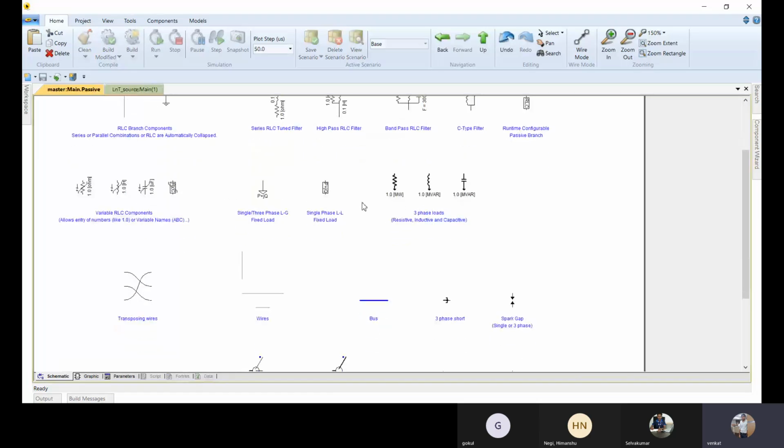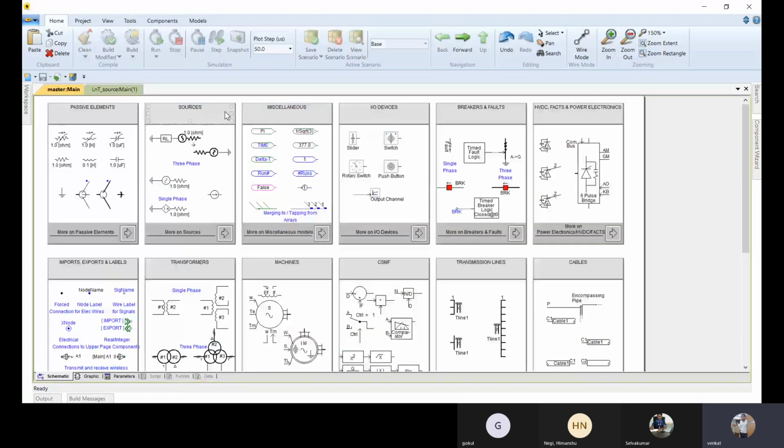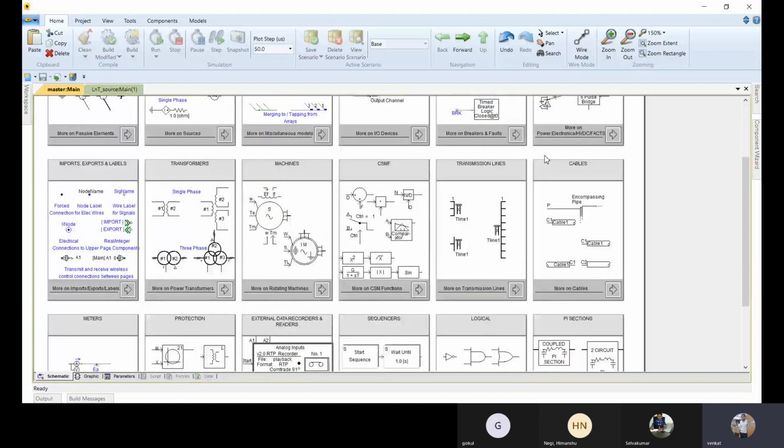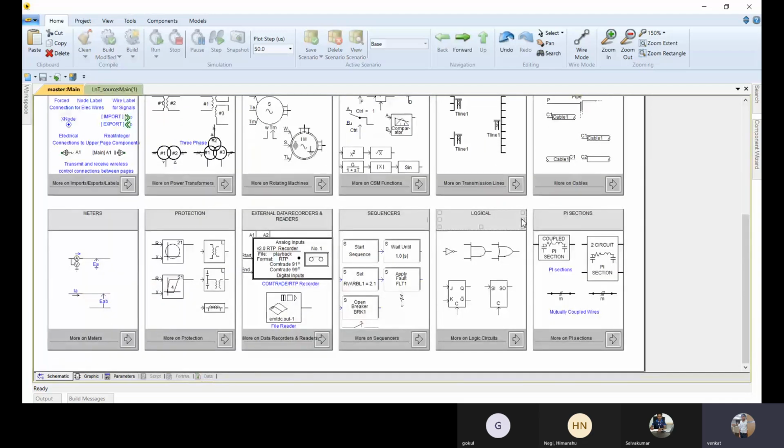You can see a lot of passive elements here, like transposing of wires. When we are going to transpose some wires, we can take it from this area. Like that, you can see a lot of information like sources and breakers, HVDC equipment, tracks, cables, and a lot of equipment in the inbuilt library of PSCAD.